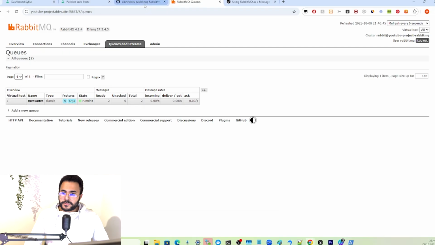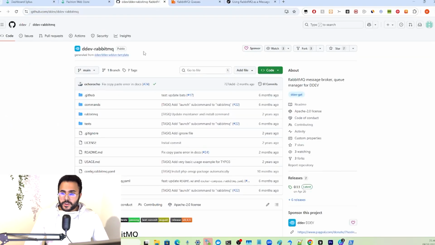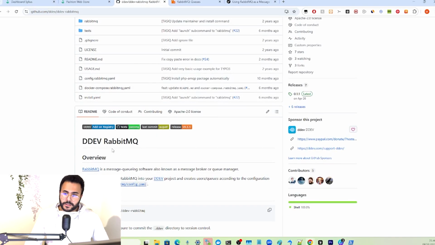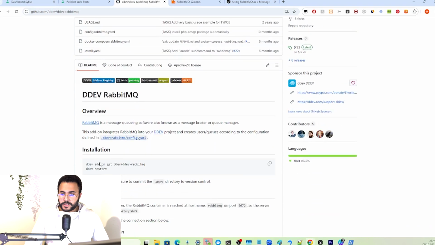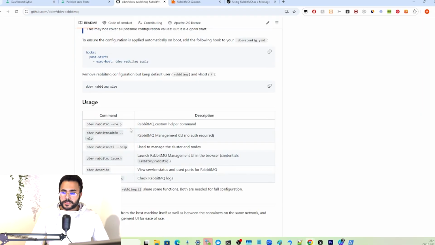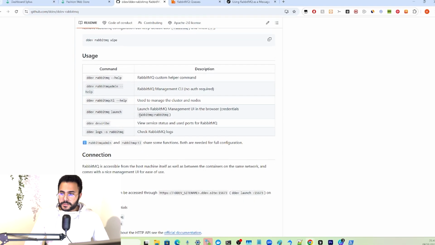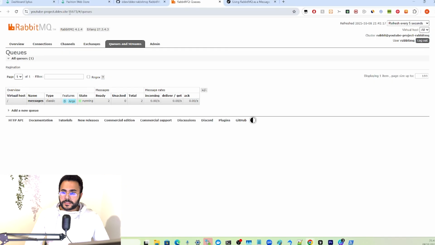I'm using DDEV. So if you're also using DDEV, you can make use of the RabbitMQ add-on, which is really simple to install, but you need a newer version of DDEV, and it will be directly set up. You will also get simply these credentials, so user rabbitmq and password rabbitmq. And then you can access it simply under this port